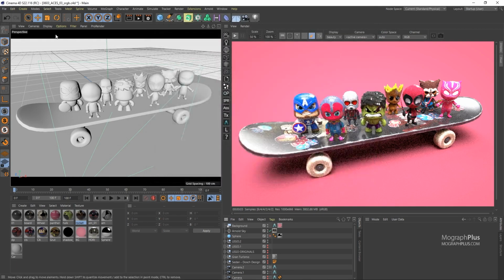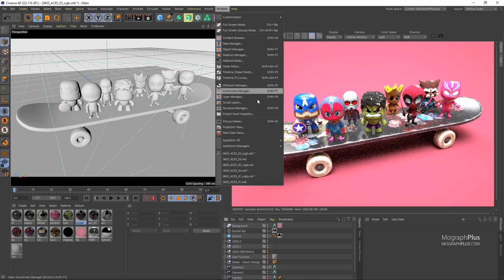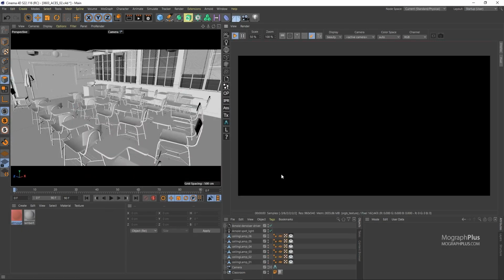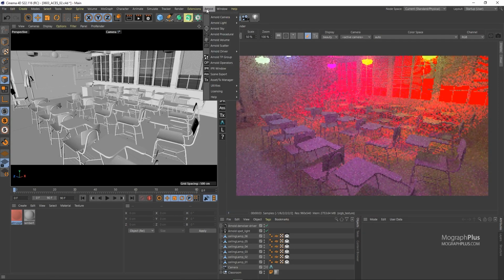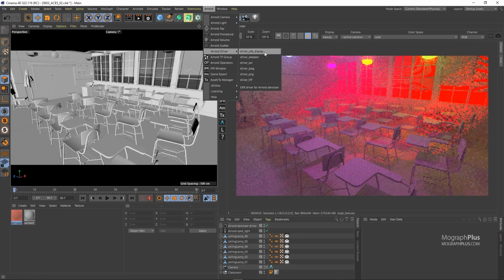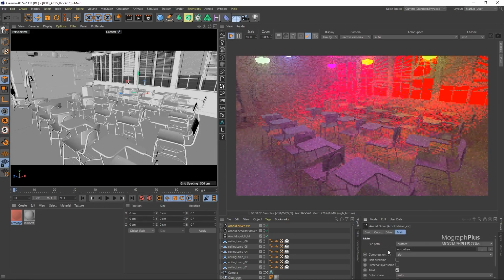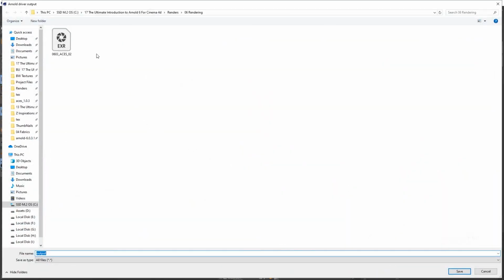I tend to use Arnold Driver for my renders. We talk about Arnold Driver in more details later on. For now, let's add an Arnold Driver from the Arnold menu. Choose Driver EXR, and under the main tab, define where you want to save out the render. I have this render folder, so let's put it there in section 06 rendering and name it